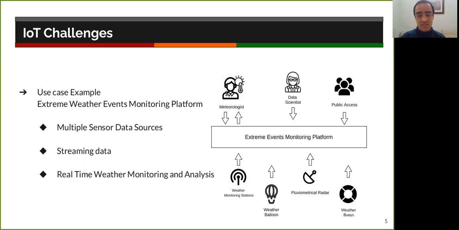A specialist, for example, may be interested in accessing the platform to check and validate potential alerts generated, thus being both a consumer and producer of data. But a data scientist may access the platform in order to perform some kind of historical analysis on the data and identify potentially relevant patterns or train prediction models. Also, some parts of this data may be made available to the general public. Therefore, this big range of users also creates a security issue since not all parts of the data should necessarily be available to all users.